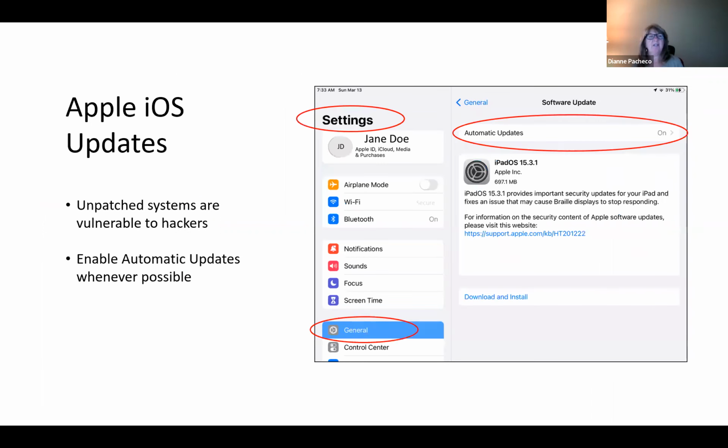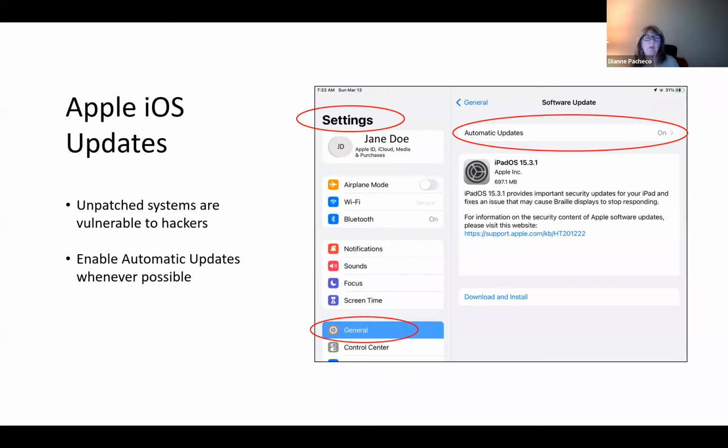Okay, so making sure that your operating system is up to date. And I did a couple of samples. My iPad, I'm an Android user. I don't have an iPhone. I'm a Windows user. I don't have a Mac. But no matter what device that you're using, all of them have a setting for upgrading your operating system. And I would strongly encourage you to make the setting so it's automatic and that you don't have to remember to go looking for updates.